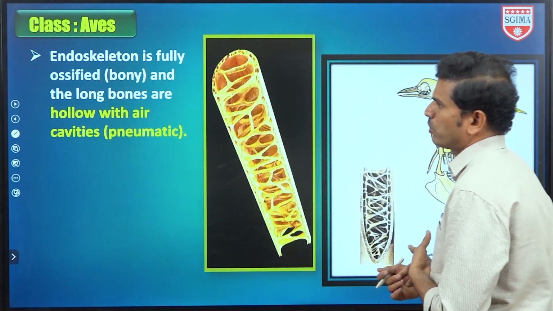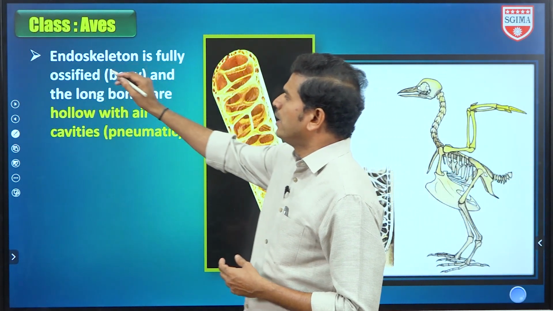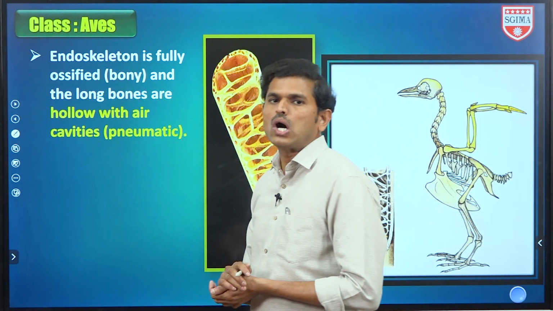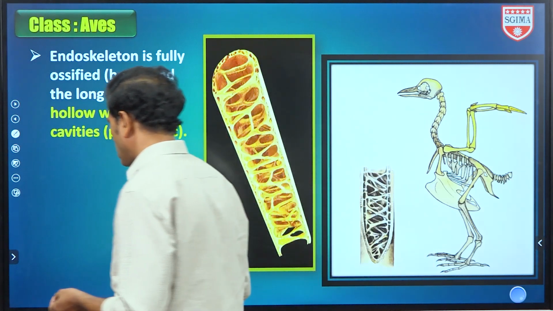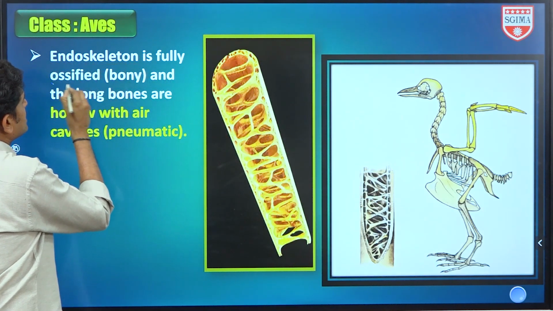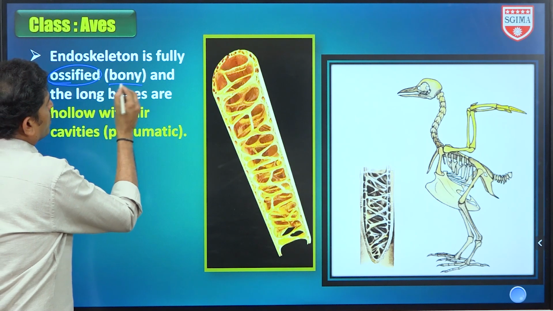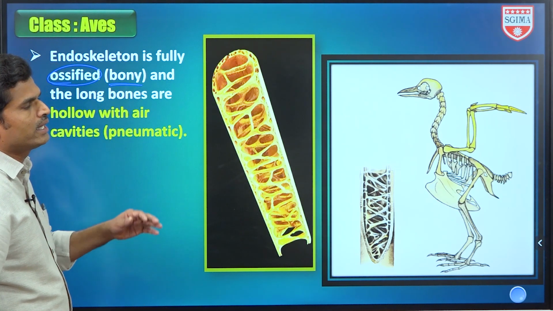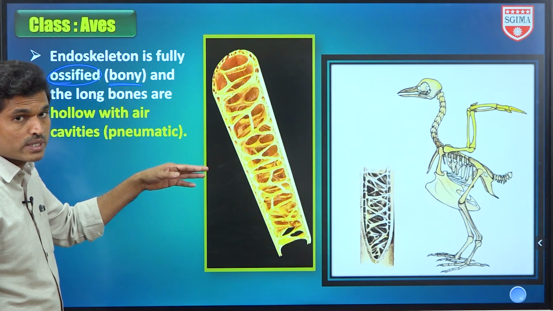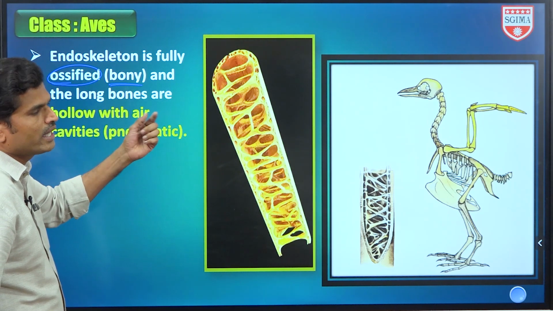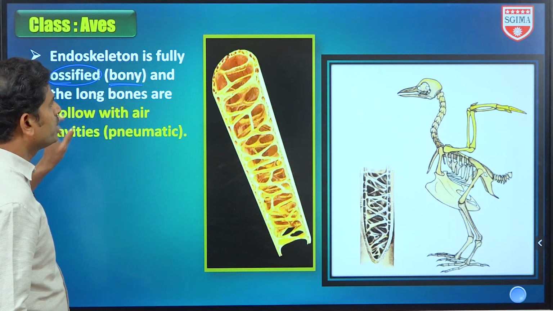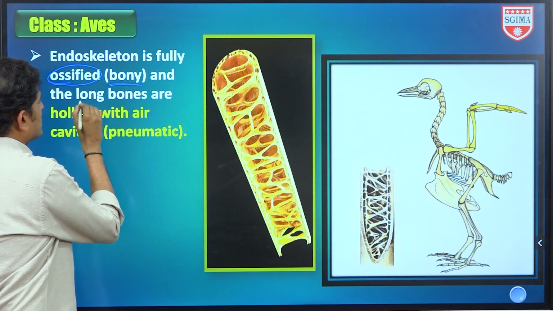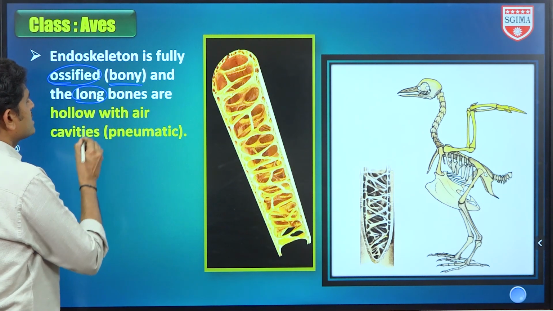Here the anatomy characters have started. This point is also important. What is that? Endoskeleton is fully ossified. Ossified means ossified. Osteo indicates bone. So endoskeleton is made up of bones. Already we saw that in fishes a cartilaginous endoskeleton is there, that is cartilaginous fishes. Here it is bone, completely ossified, bony endoskeleton, and the long bones, not short bones, long bones have